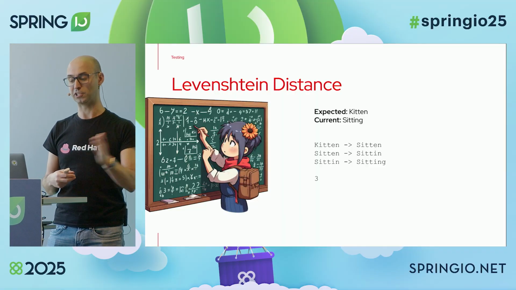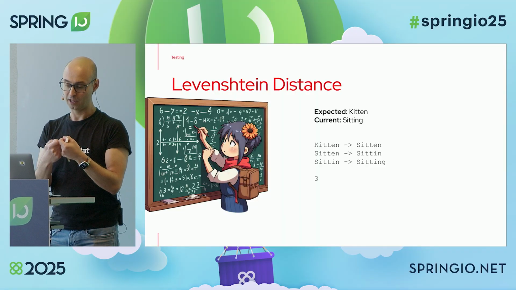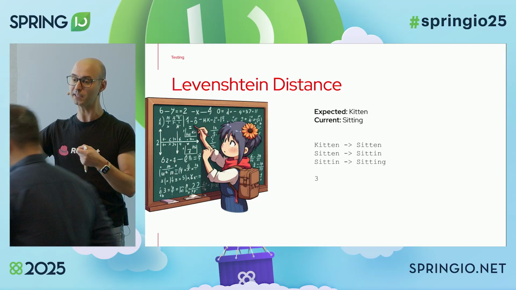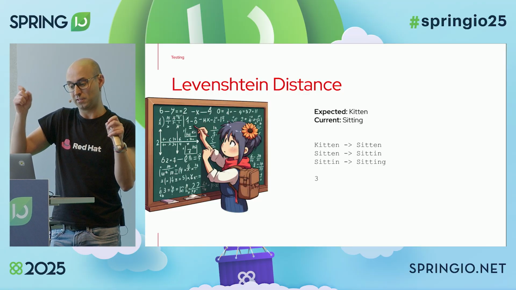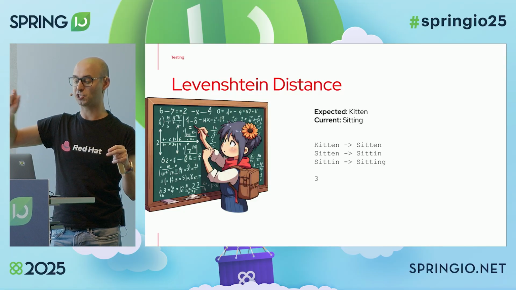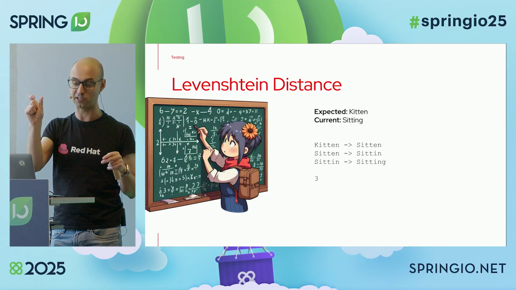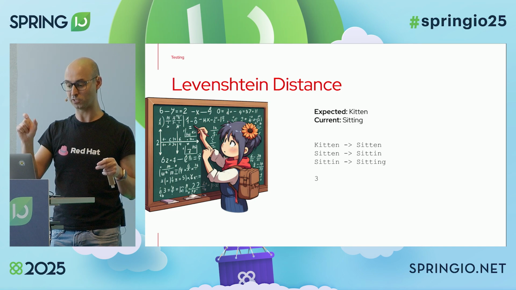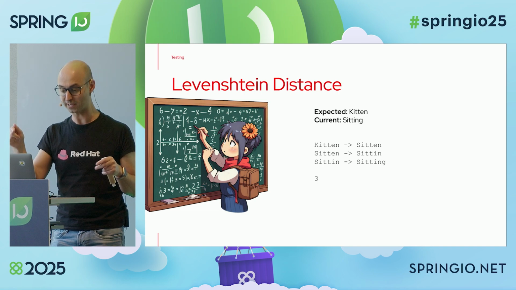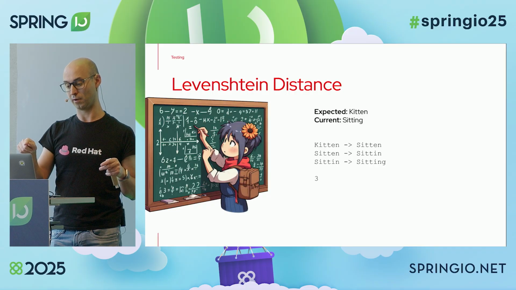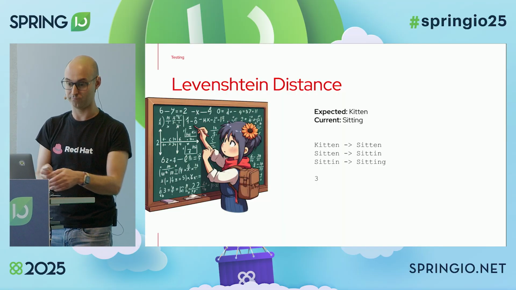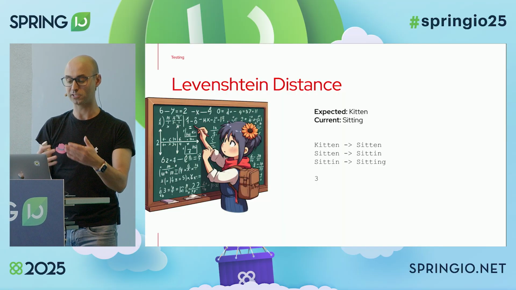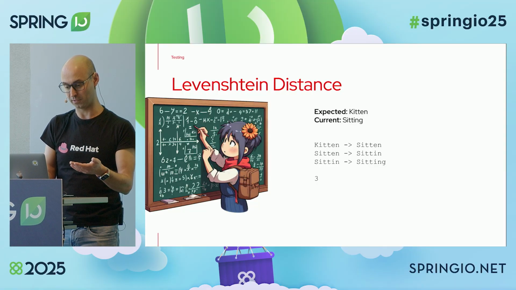Another one is the Levenshtein distance. This algorithm basically checks the steps you need to change one word or one sentence, let's say the expected versus the current. How many changes in the characters do you need to make? You see that it's kitten and sitting. From kitten to sitten, first I need to change the K to an S. Then from sitten, I need to change the E to an I, so it's sitting. And then I add the G, right? So there are three steps. So now it just gives you a number, in this case 3. So then you can start comparing this.